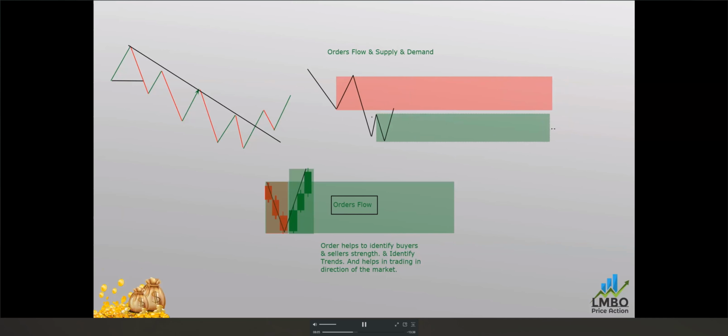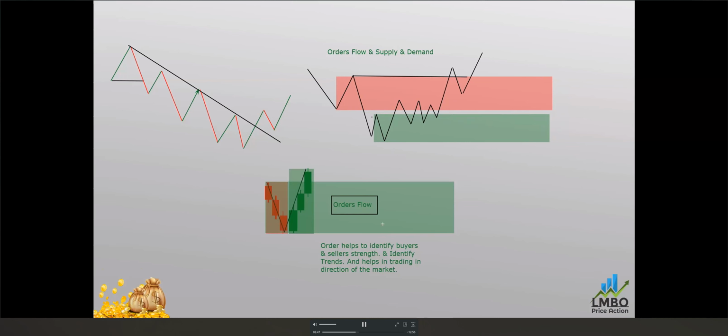So the price will come in here and reverse back from here. If it comes again, it's a buyer's flow. It will push up, and when price moves to the seller's flow, it pushes down, push up, push down, push up. Finally, it broke. Then it becomes completely a buyer's flow. The market will come back, take support again, then move up. These types of trend changes you will find. So this is a way to use the order flow.